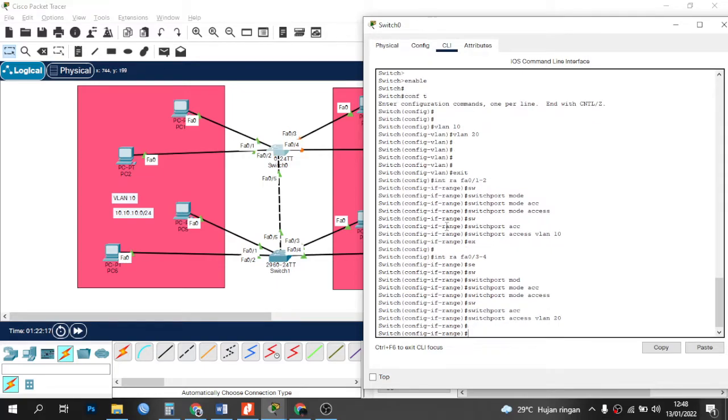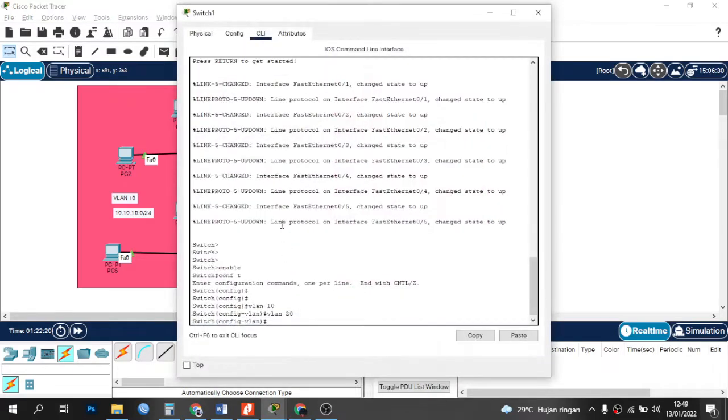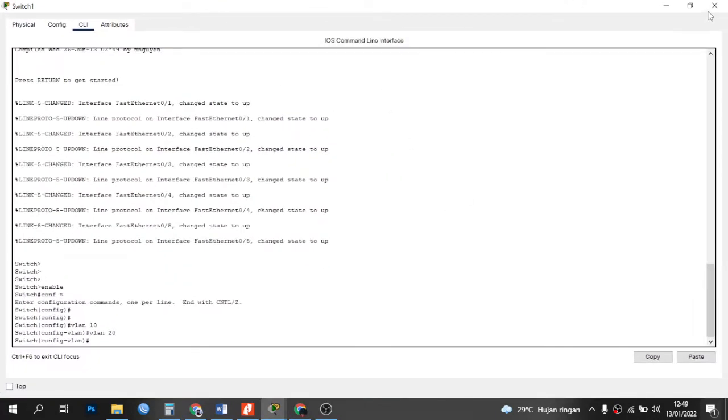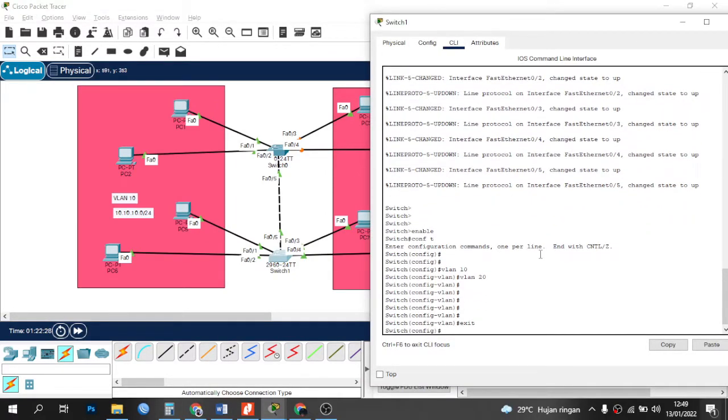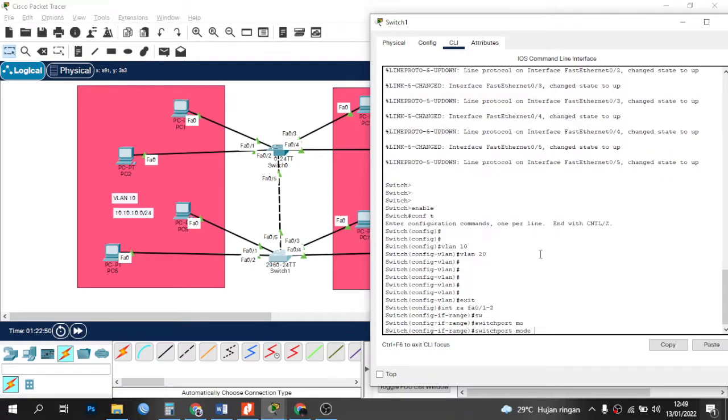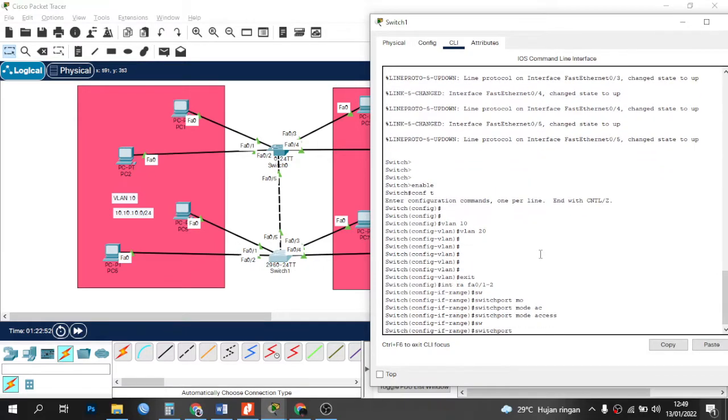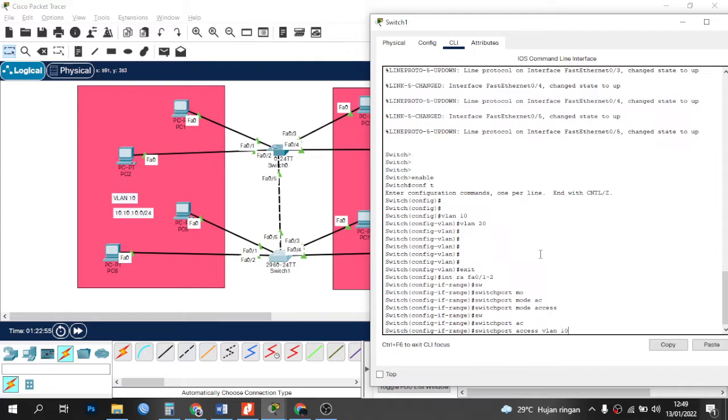Okay, next on switch 1, exit to global config mode, interface range fa 0/1 to 2, switchport mode access, switchport access vlan 10.